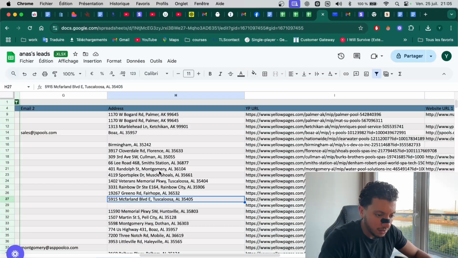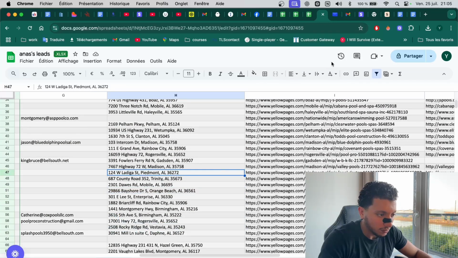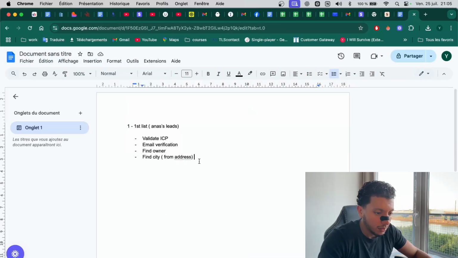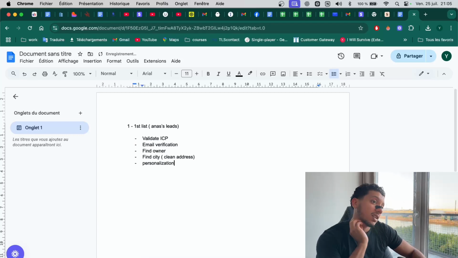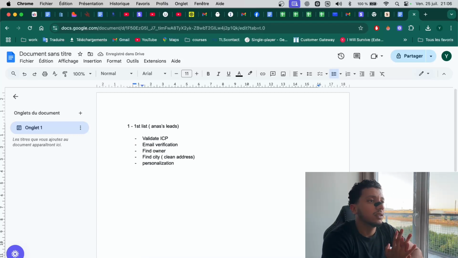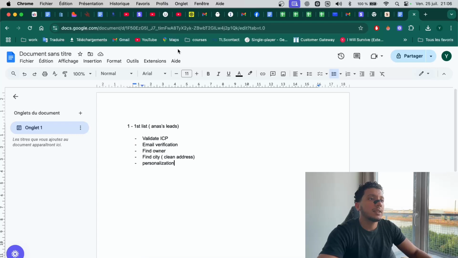Basically there is the city here, so we just need to clean it out. Clean address, and maybe personalization if it doesn't take a lot of time, or if we don't have credits left. We'll see about that. And I think that's all for this first list.